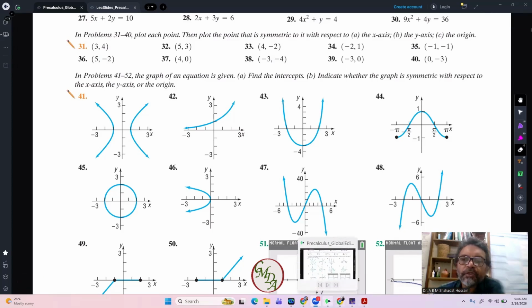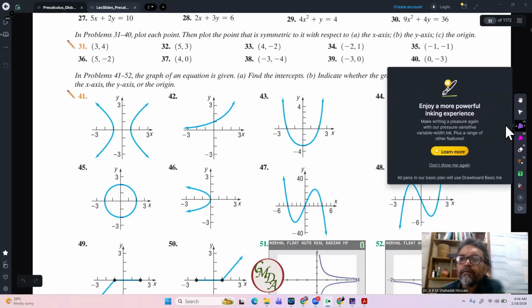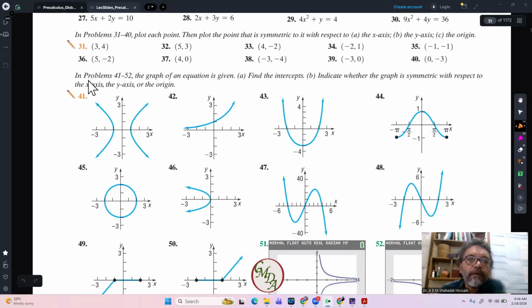Welcome to this session of complete solution of pre-calculus. In this session, we'll discuss problem 41 to 45. The graph of an equation is given here. We need to first find the intercepts. We indicate whether the graph is symmetric with respect to the x-axis, y-axis, or the origin. So we'll discuss here question 41, 44, and